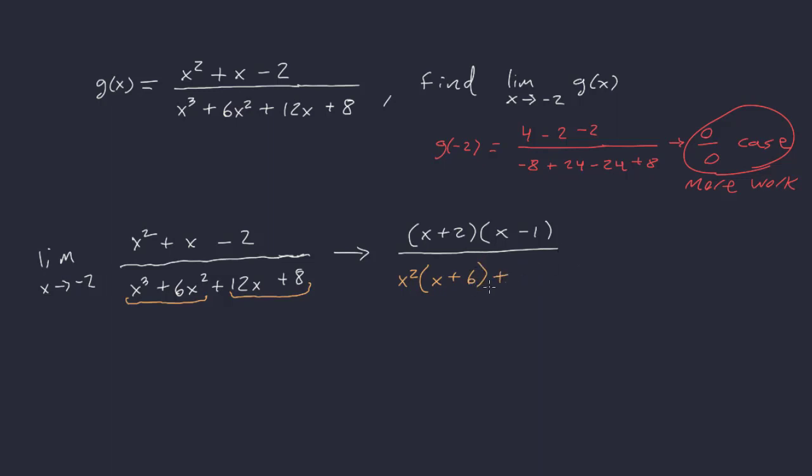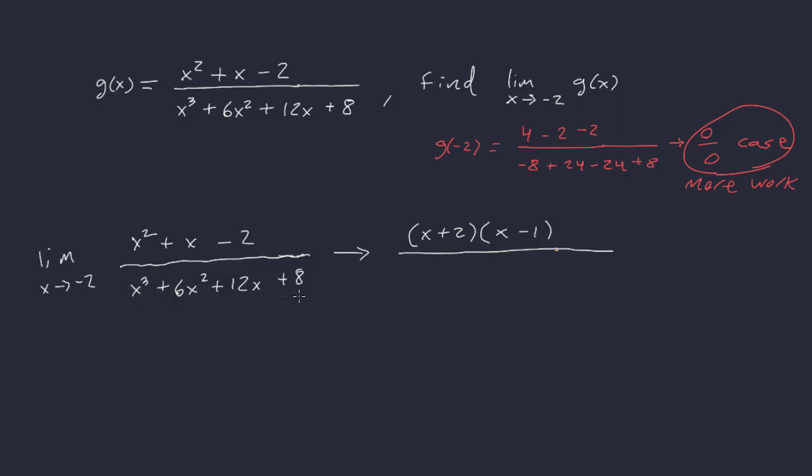And then for the next group, we could take a 4 out, and then we're left with a 3x plus 2. Okay, well that does not work out the way I was hoping it to. So what we're going to have to do in a case like this is, if grouping doesn't work, the other option we have is,